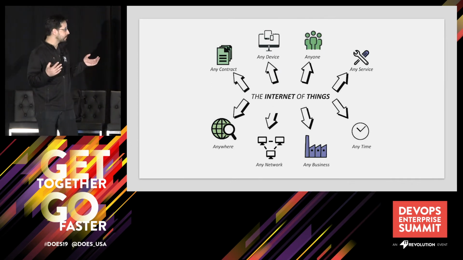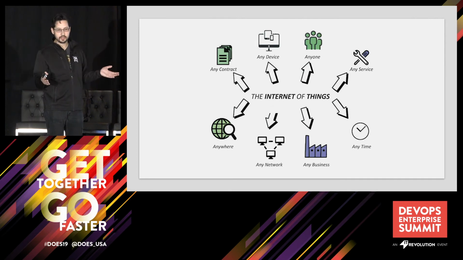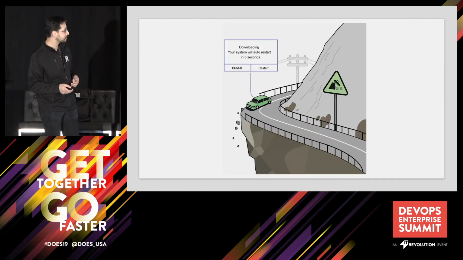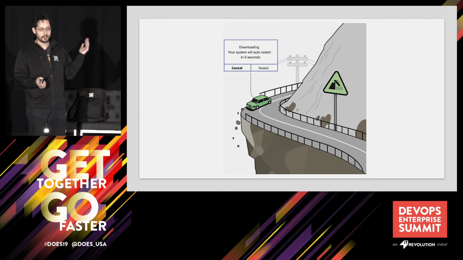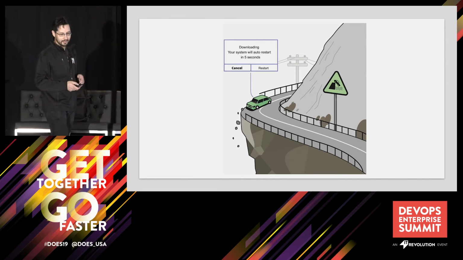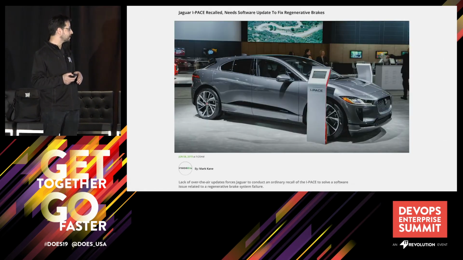So then getting to the Internet of Things, pretty much everything's in the Internet of Things now. And there's a whole bunch of different devices, possibly even smart cars, which get updated constantly. Hopefully not while we're driving. And there's actually an example of why it's important to be doing updates to your car continuously.